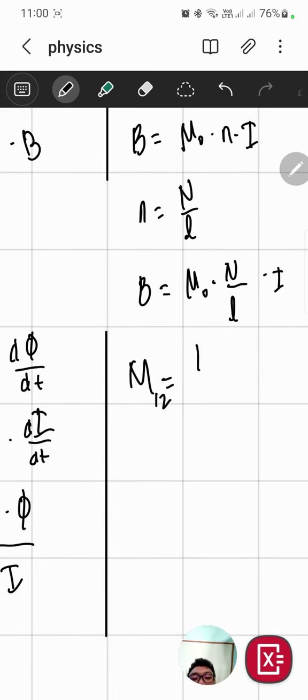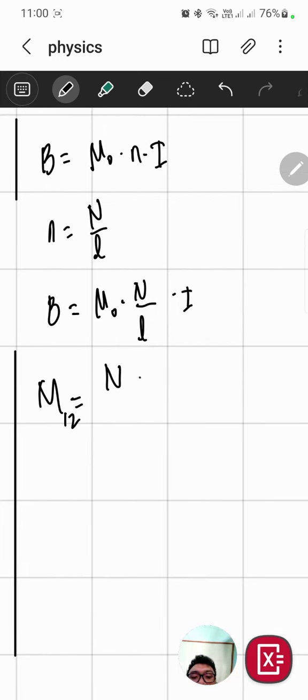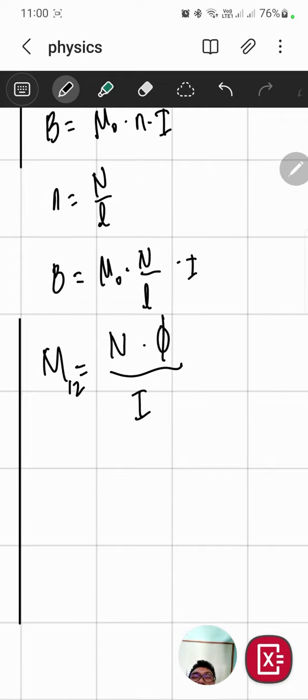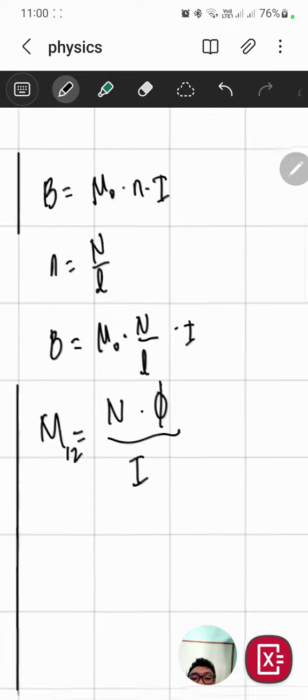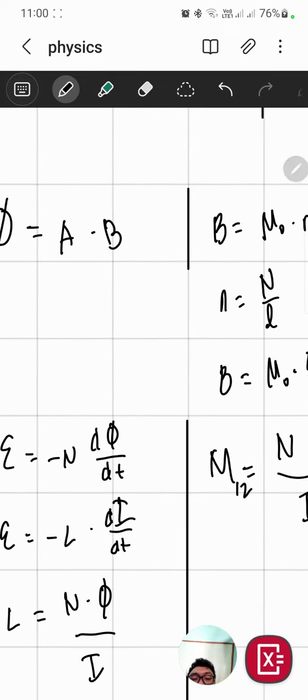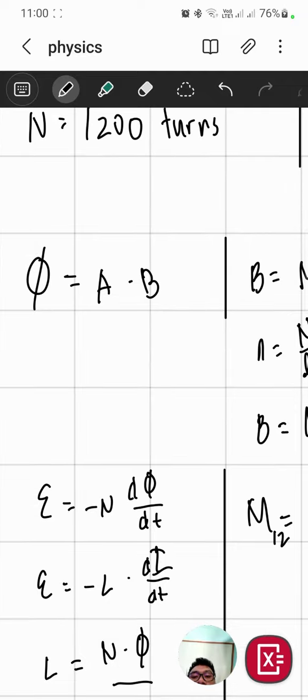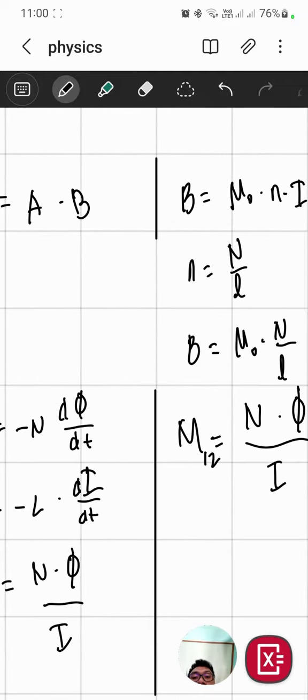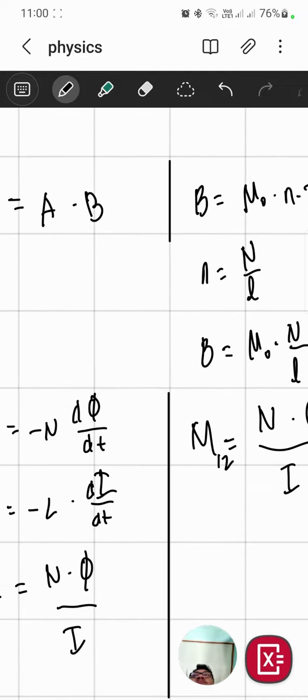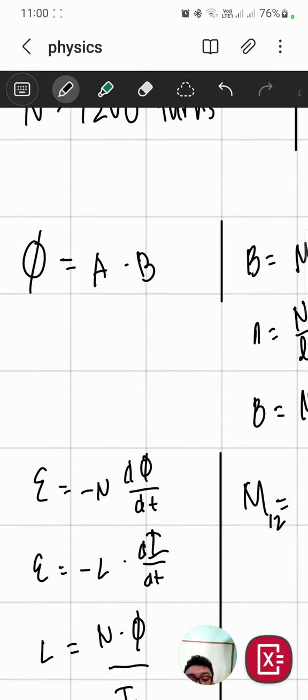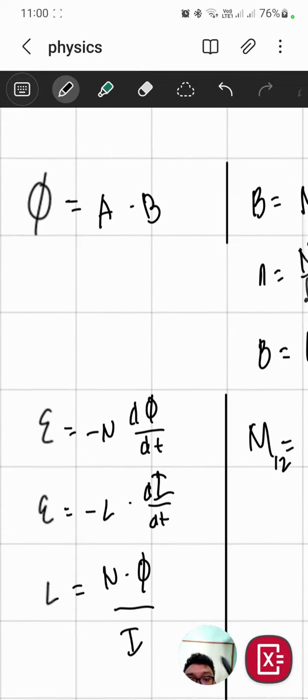It can be written as N times the magnetic flux over I, and we know that the magnetic flux can be expressed using the equation